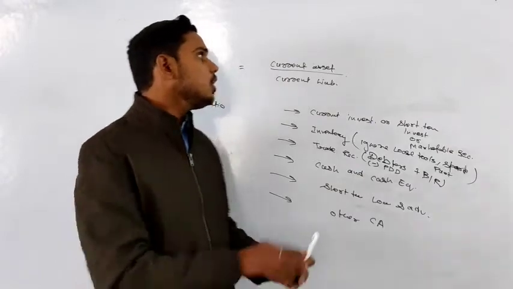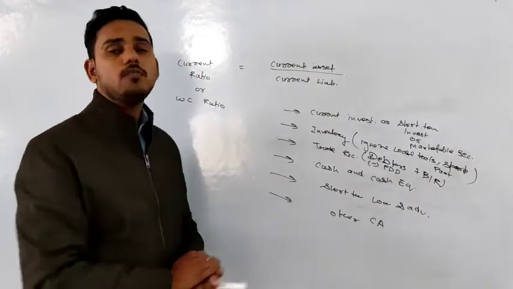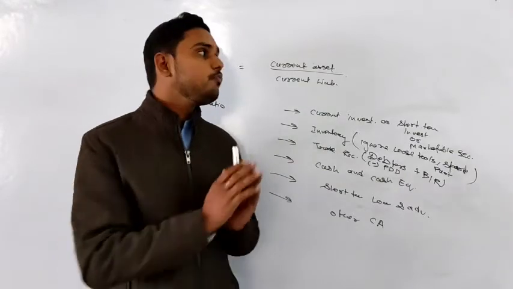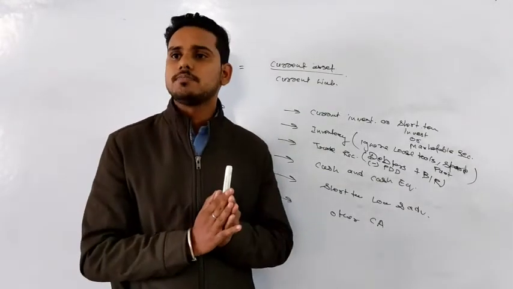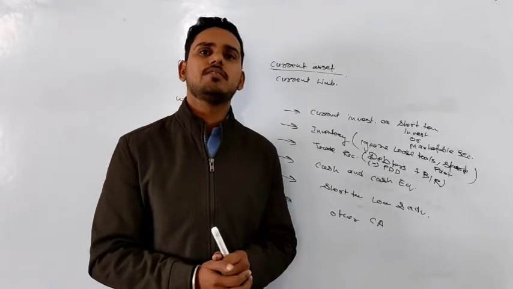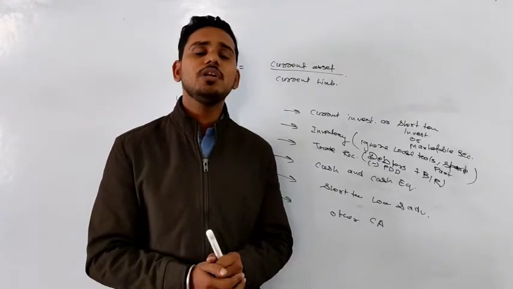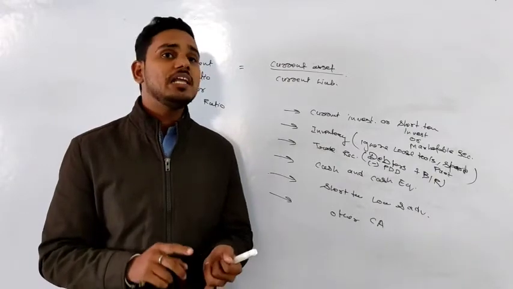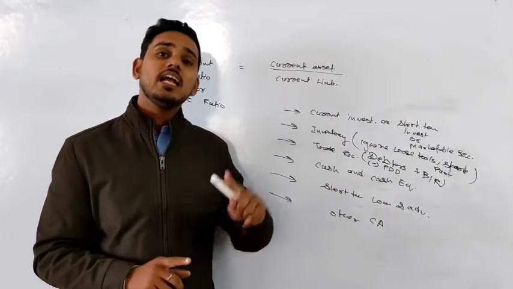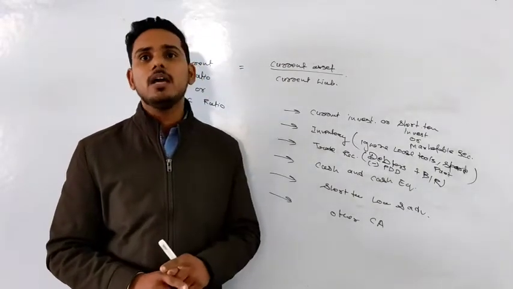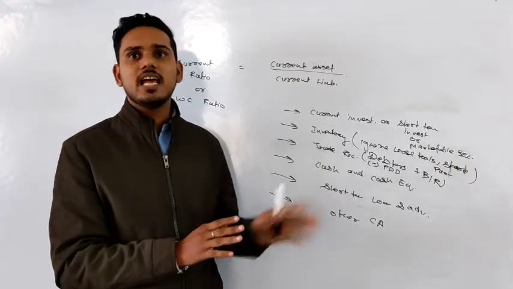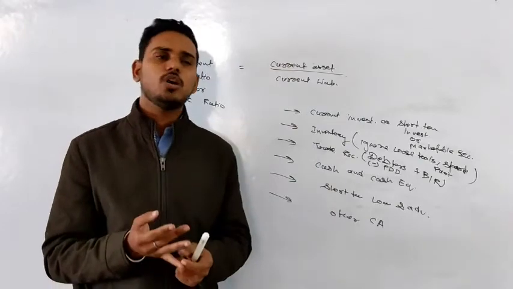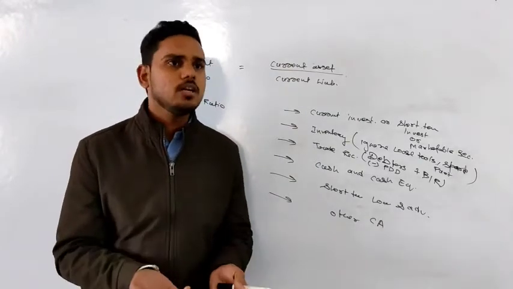Okay. So that is the whole thing related to our formula of current ratio, which is current asset upon current liability. Now, if we summarize this formula now, you don't need to learn actually anything. Why we don't need to learn, sir? Because we have already understood now. We have already learned that thing in that financial statement chapter, that in current asset there are these 6 things: current investment, inventory, trade receivable, cash and cash equivalent, short term loan and other current asset. That you have learned already.